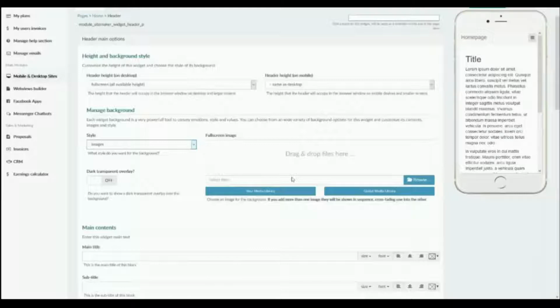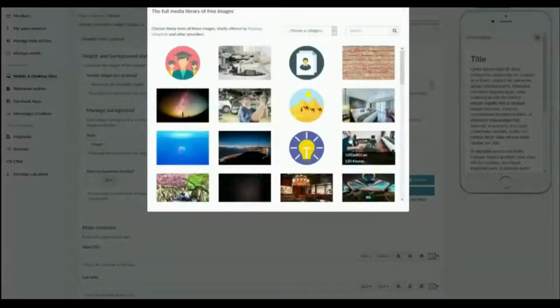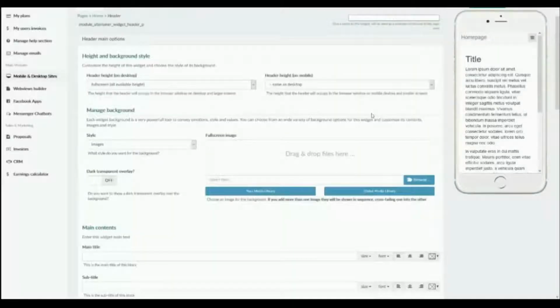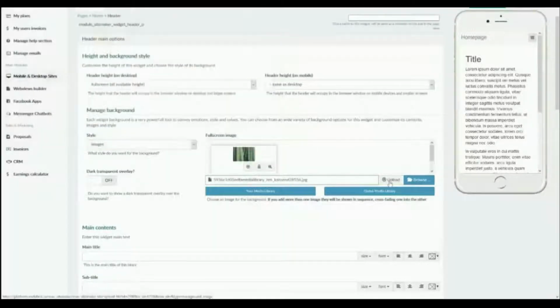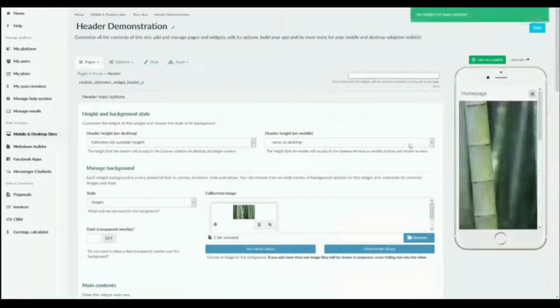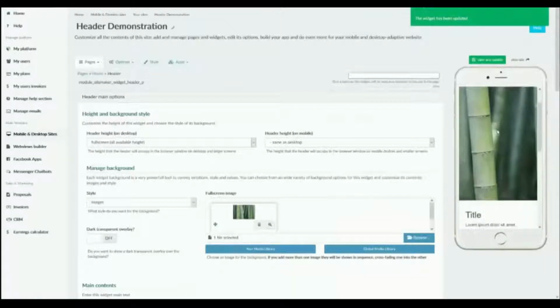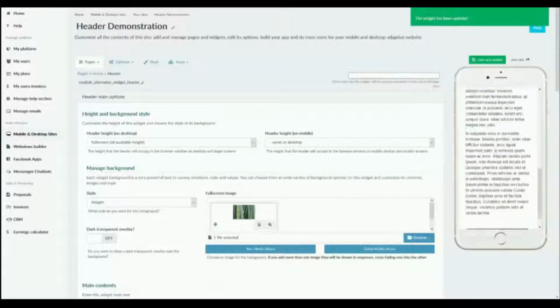You can choose anything from our global media library. This is full of thousands of pictures that you're able to use for free. Or you can upload from your own computer. You can drag and drop or browse to the file. Make sure to click upload if you're uploading it from your own computer. And once you upload and save that, you'll notice it has now created a nice bamboo border on the top here, followed by our text